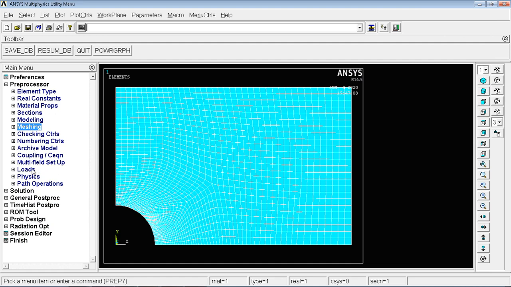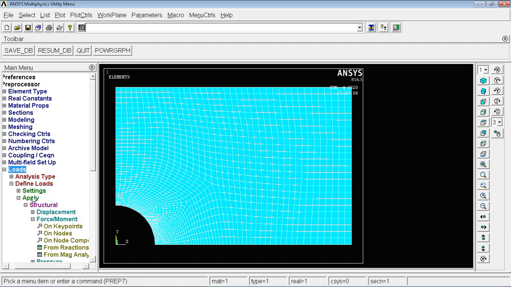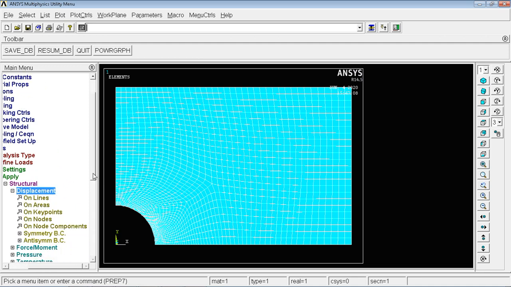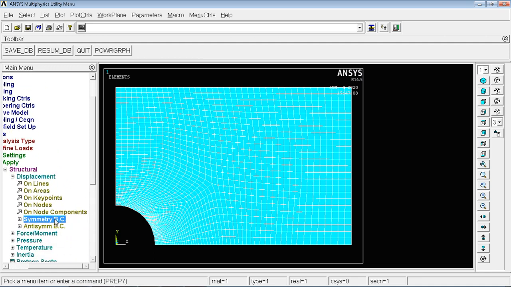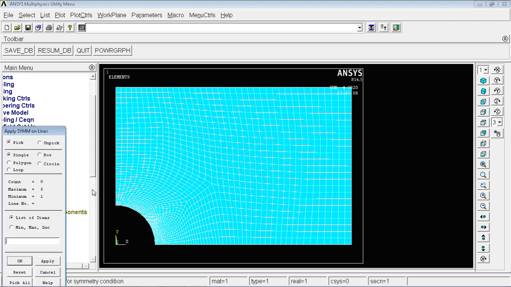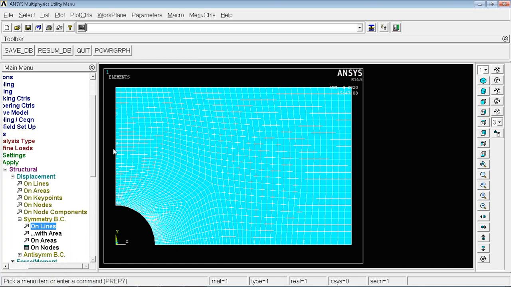Next I'll go for loads, define loads, apply structural displacement. In the displacement I'll give symmetric boundary condition on lines. Since these are the symmetric lines, both these two lines I'll select. Next I'll click on OK. So symmetry boundary condition has been applied.